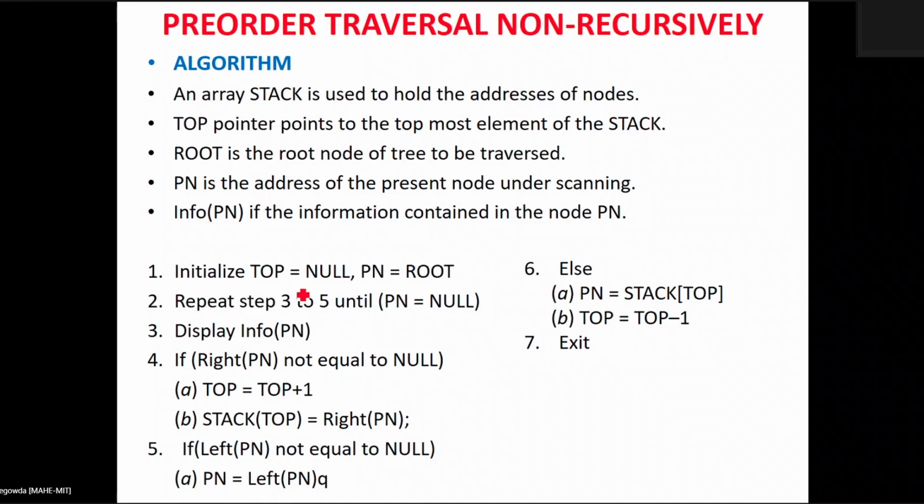We are going to initialize some of the variables. So top is the pointer which always holds the top of the stack, and Pn is the pointer variable which always starts with the root, and we are going to repeat steps 3 to 5. These 5 steps are repeated. This we have discussed in step 1 in the previous slides. Once traversing the left subtree is done, then we are going to perform the right subtree traversal using these methods, and finally we are going to exit from this loop.